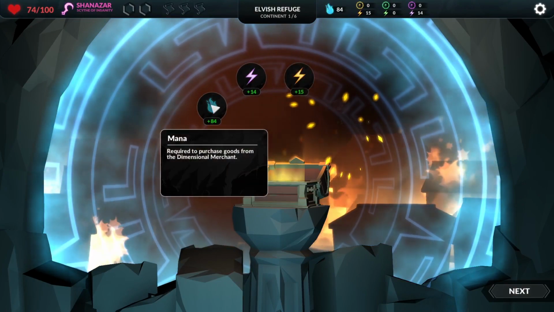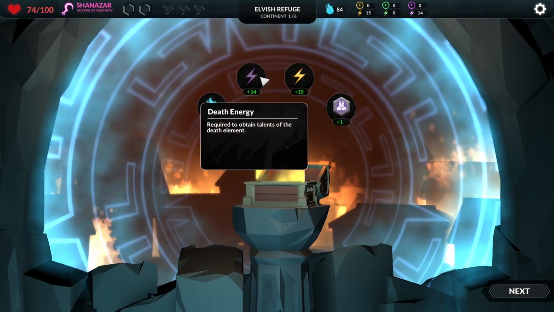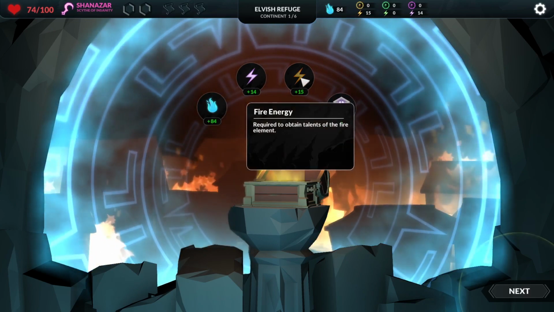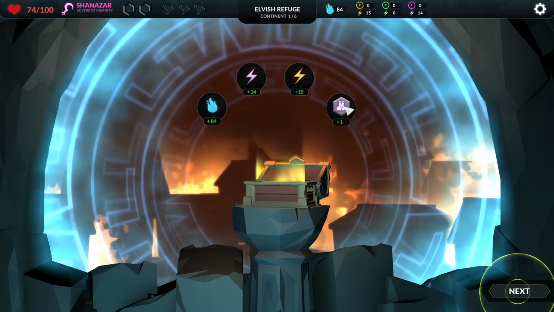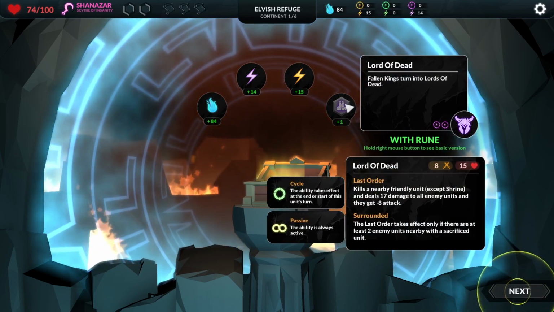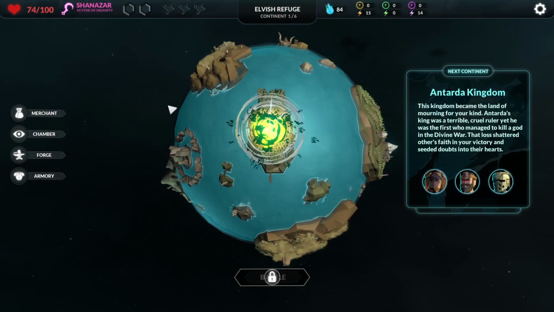So, 84, that's basically a currency. Energy required to obtain talents of the death element, and that's for the fire element. And that is a thing that we use to craft artifacts. Right, okay, so now we've got...